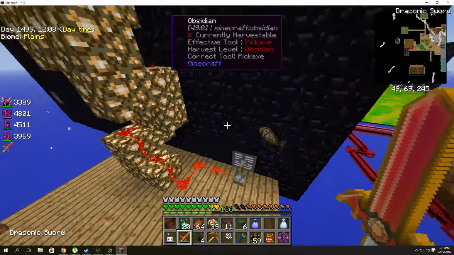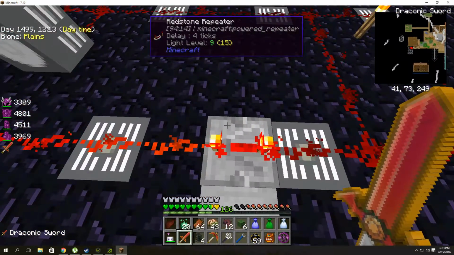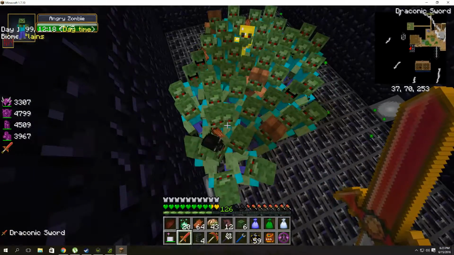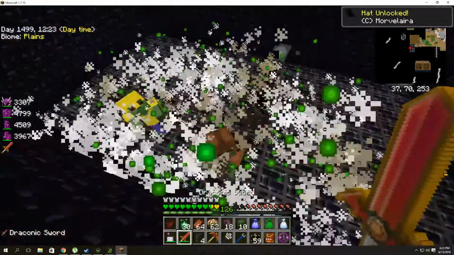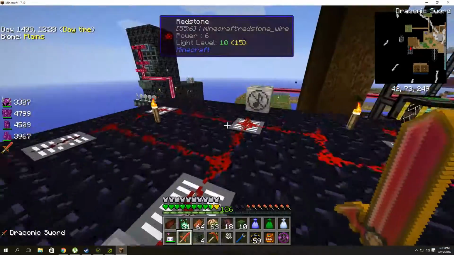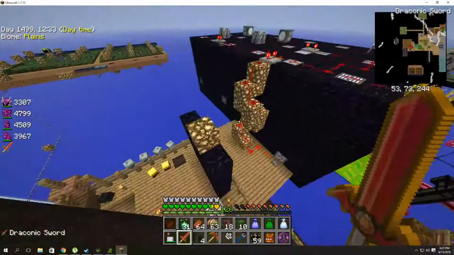So, I'll go in here and just show you what's in here real quick. This is an elevator, by the way, that I'm using. Let me in it. Watch all these guys die. Except one guy, or 2 guys. Okay, now they're dead. Anyways, I also have a wither killing machine, which that's complicated, and that's another really long